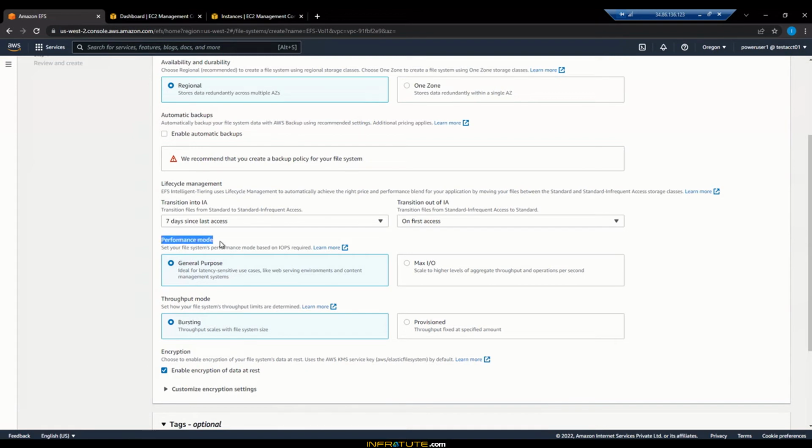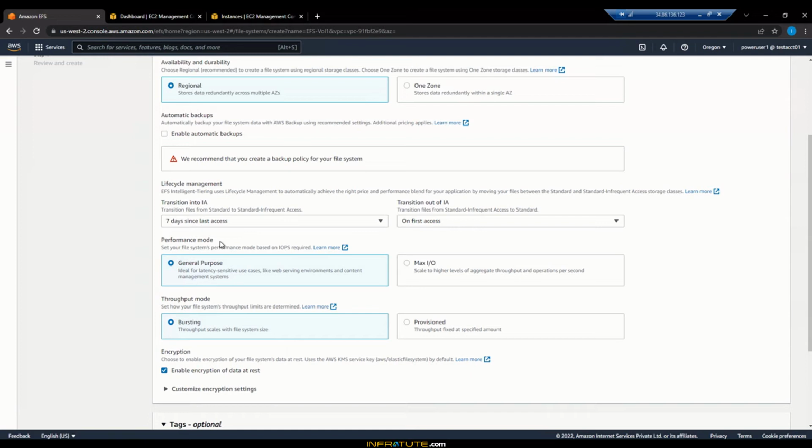So what is the demand that is going to be on this particular volume? Is it going to be a huge IO that is going to be happening? So what is this IO? IO means the amount of writes to the particular volume, the amount of reads from the volume. So if it is going to be a normal one, and if you don't see a huge or steep curve or a steep climb, and if it's going to be considerably normal, then you can go for the